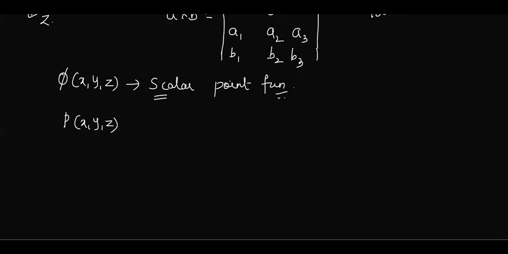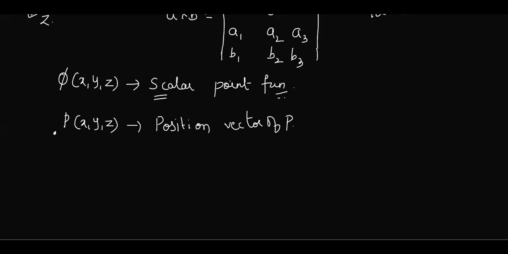Then I can define the position vector of P. For this, P coordinates are xyz. Can you tell me where this point will be? Is it on the simple plane, or on the coordinate plane, or where do I have to take it? In the space. Very good, because it is three-dimensional. So suppose there is a point P here in the space. No doubt I'm drawing on the board, but think it is in the space.